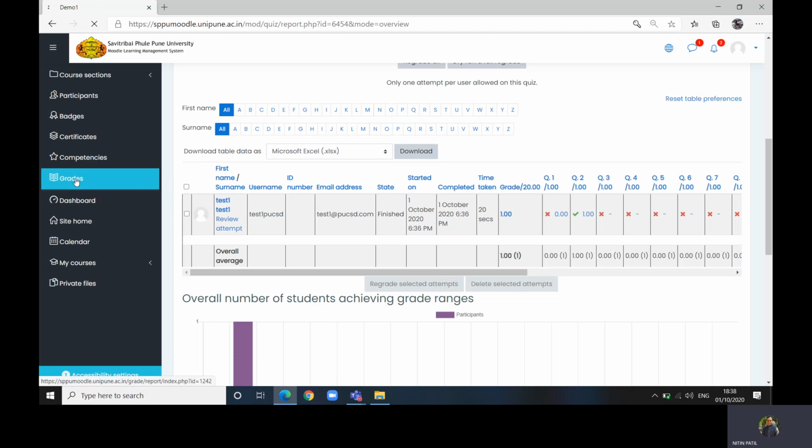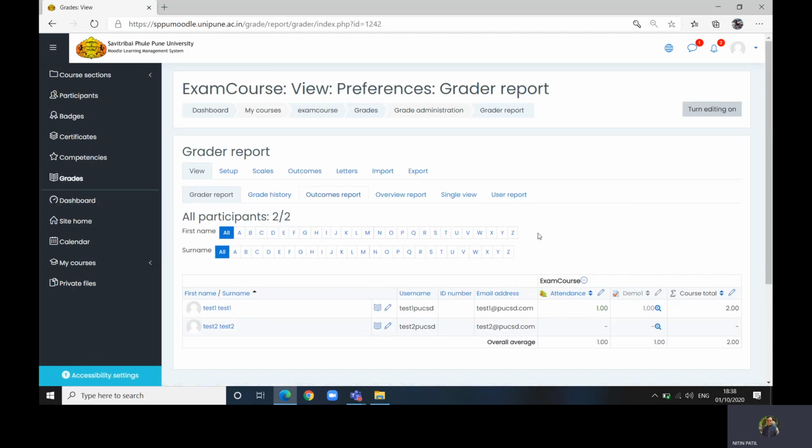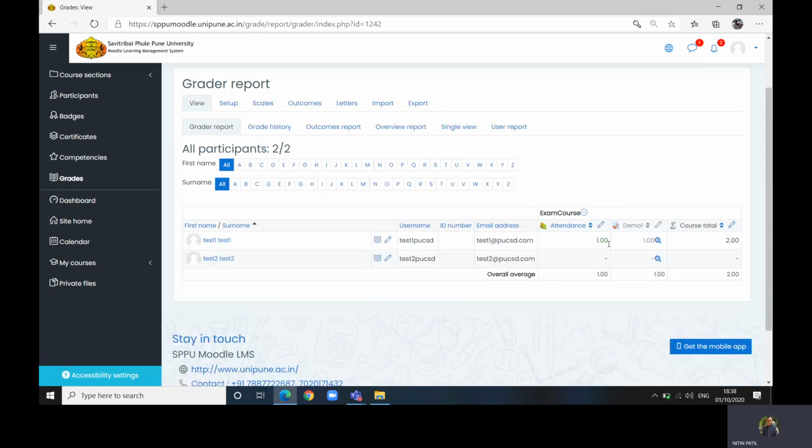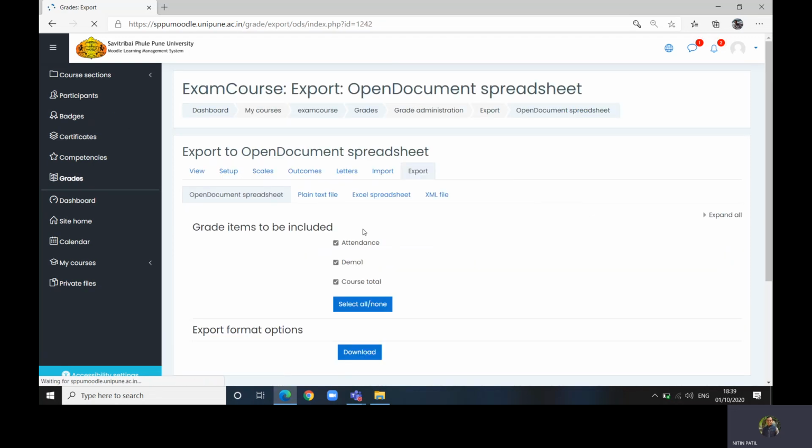If you go to grades, what is the submission that is to be made? The student already attempted this test, so he would have 1 mark, as I got only 1 mark for that particular test. So this would be the total, but we are not interested in this total. We are interested only in this demo part. So go to this report, for example, and choose export.